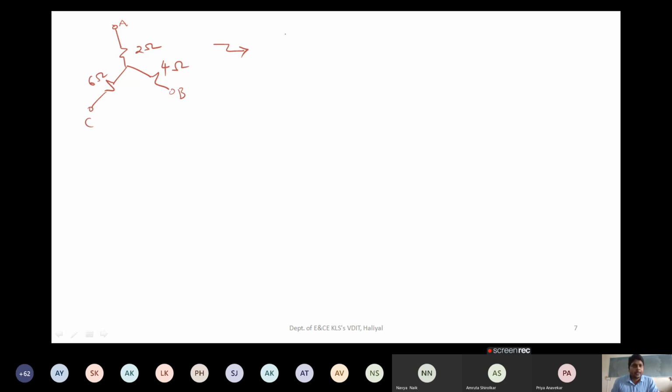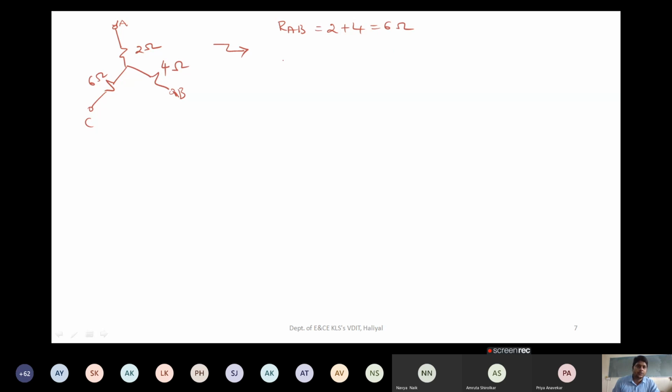So questions will not be like to convert star to delta or delta to star. They may ask you to find out the equivalent resistance across RAB, RBC and RCA, or they may ask you to convert star into delta. If the question is to find only RAB, that is very simple. If they are asking only RAB, you are pointing the multimeter here, so this will be open. RAB in that case will be 2 plus 4 equal to 6 ohms.